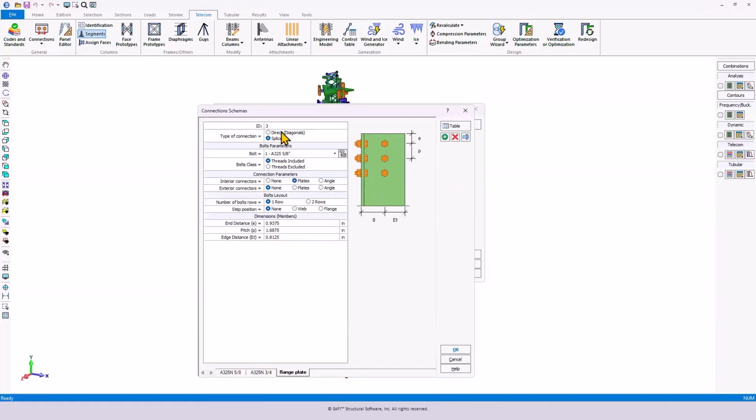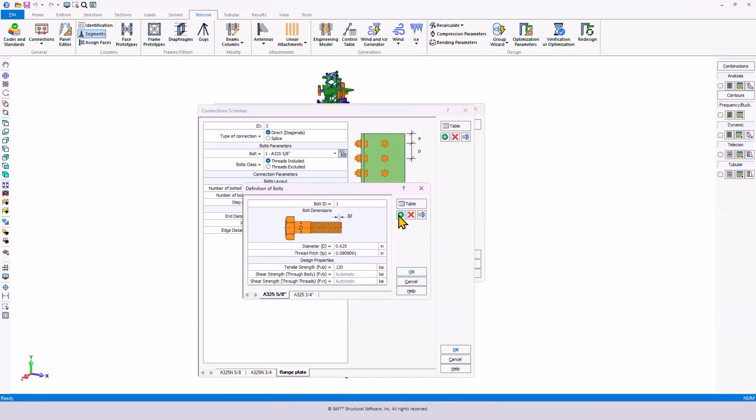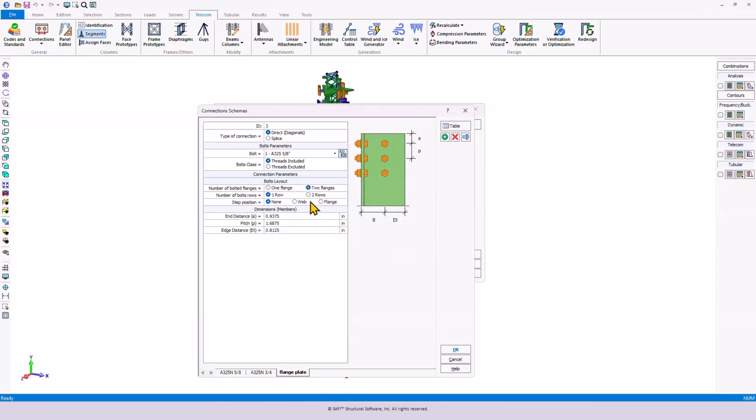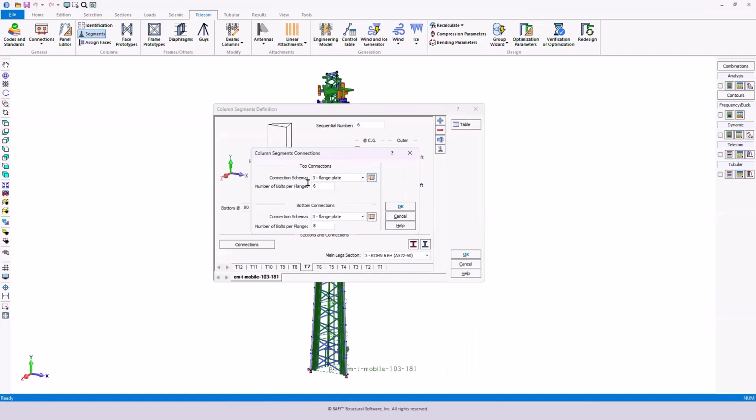Within the connection schema, users can assign bolts to the connection from the built-in bolt library, or a custom bolt can also be defined. The configuration of bolts, bolt spacing, and edge distances are all specified here, and these parameters are used to calculate the relevant limit states for the connection, including block shear, bearing shear, and net area tension. Once a connection schema is created, it is assigned to the member, and users can specify the number of bolts